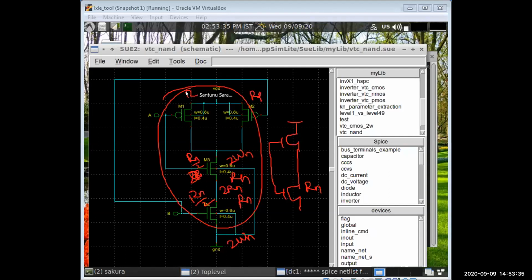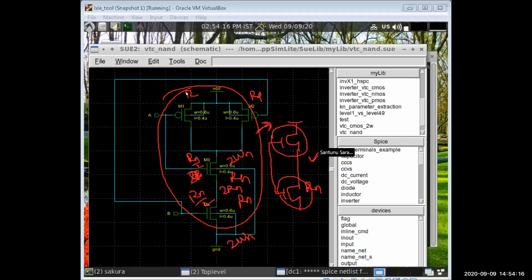We will not change it because at worst case any one transistor will be on. So at worst case, this circuit can be like this. Any one of the transistors will be on, that will be this, and this you will already make Rn by 2, Rn by 2, that is one. So finally this will be equivalent to an inverter at worst case. But best case, this will be Rp by 2. So always in designing, we will take the worst case situation. That worst case situation is equivalent to an inverter.